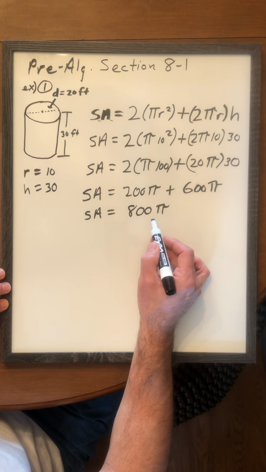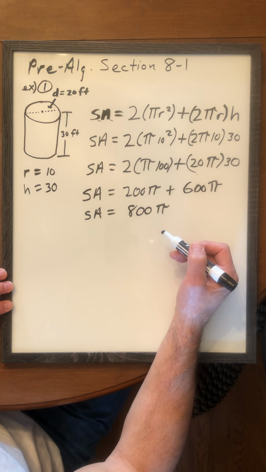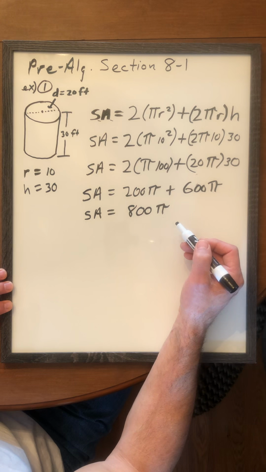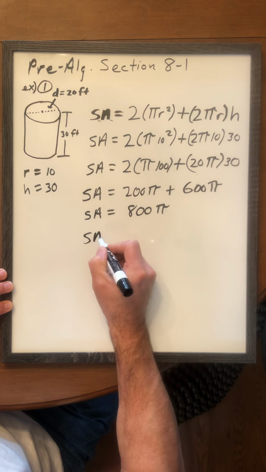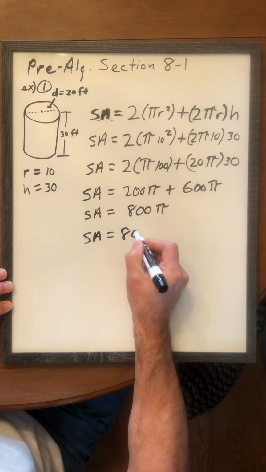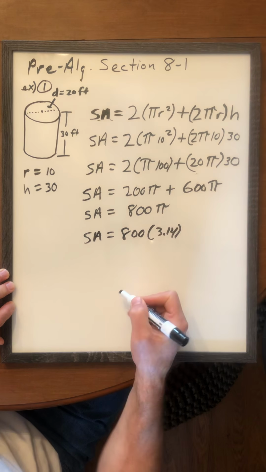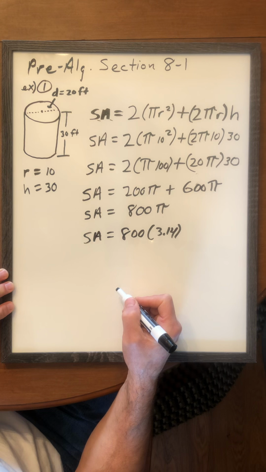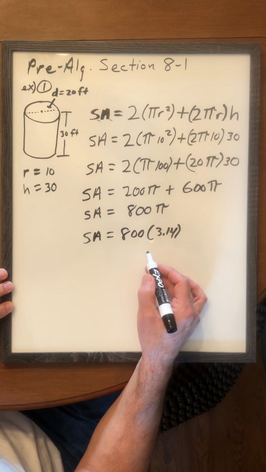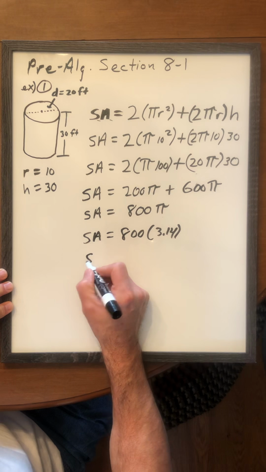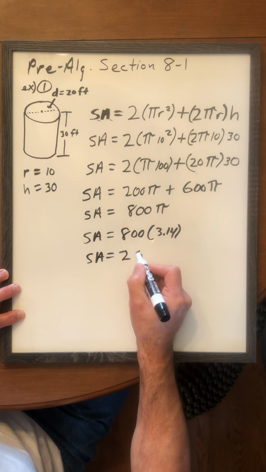Now, if they want us to plug in a value for pi, either 3.14, or sometimes they'll use 22/7, we would plug that in for pi, which would be 3.14 I'm going to use in this problem. And we're going to take 800 times 3.14, and you could use your calculator and multiply that together. And we end up with our surface area equals